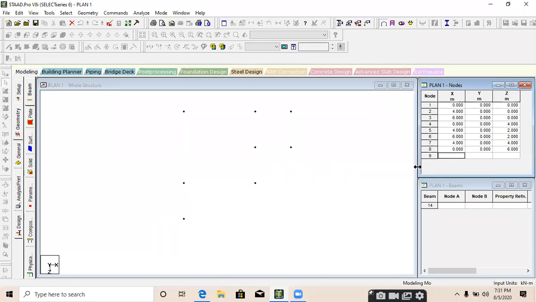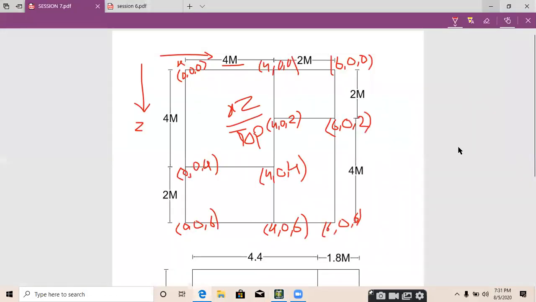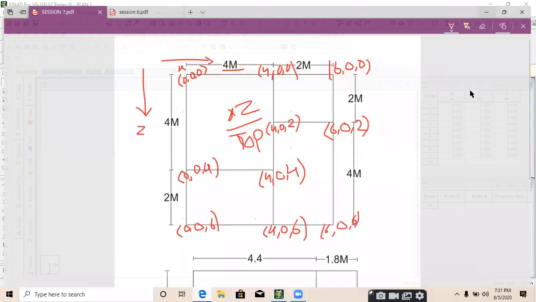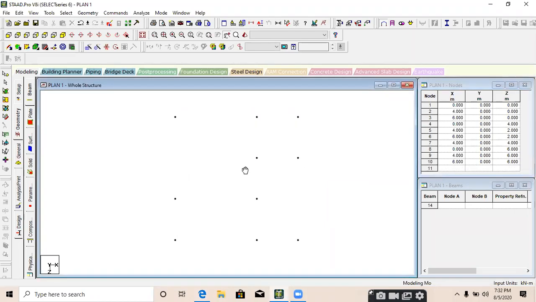Just press tab to change the particular option from X to Y and Y to Z. You have to press the tab button on your keyboard. 4, 0, 6. Write 4, tab, 0, tab, 6. Enter. Then 6, 0, 6. Enter. Look at this, we have created all the nodes.